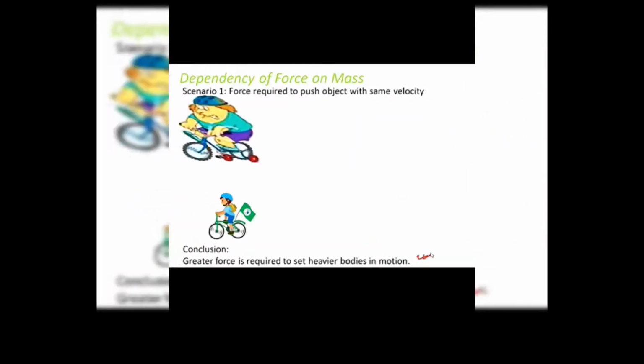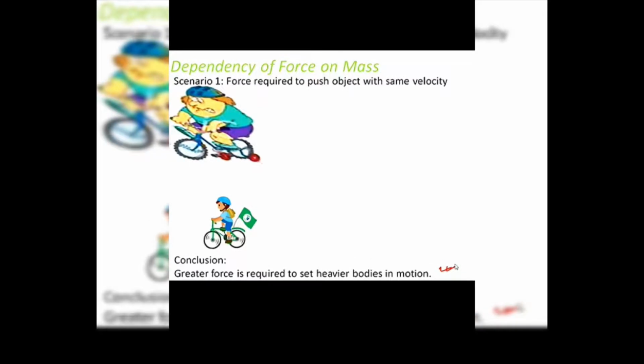It's like if you have a heavy stone and a very small stone, and the amount of force that needs to be given to the stones so that both move with the same velocity. So how much force do you have to apply? If the object is huge, you will have to apply more force. So in the above case, because the object is heavy, the force required to push this heavier mass is greater than the force required to move the smaller mass, right? So the greater the mass, the greater is the force required to start its motion. What is the conclusion here? Greater force is required to set heavier bodies in motion.